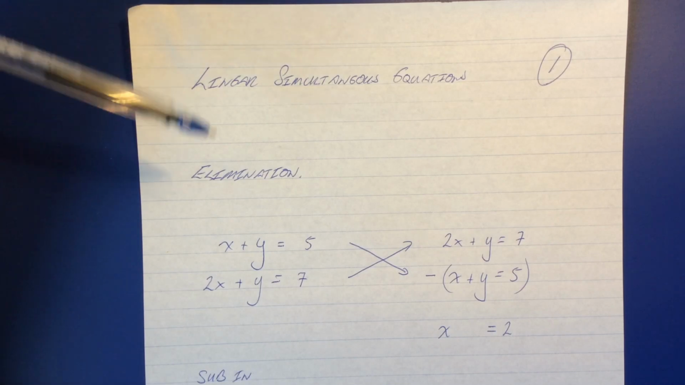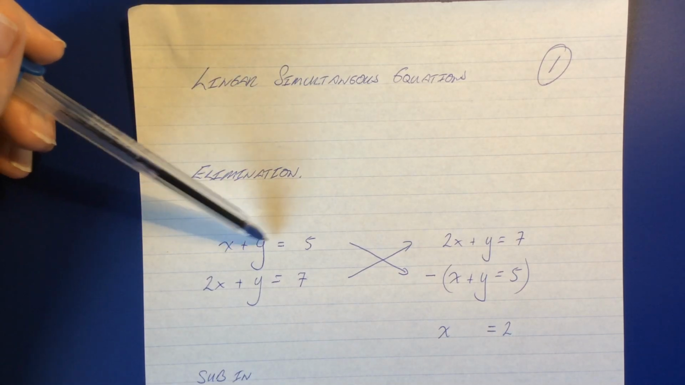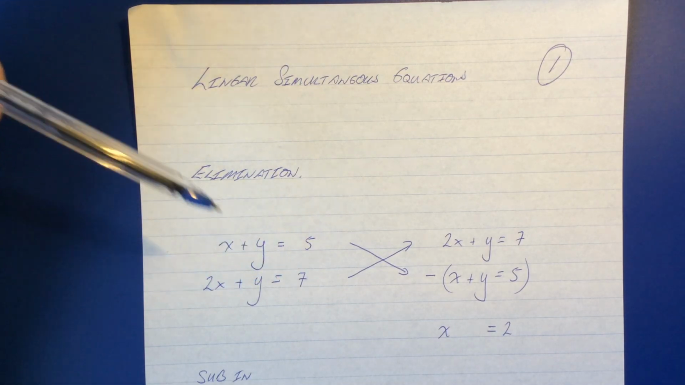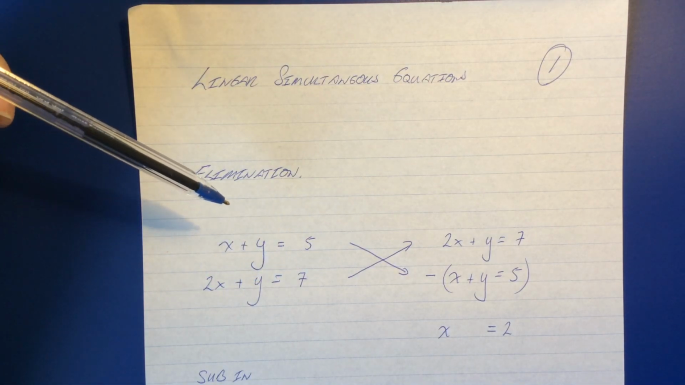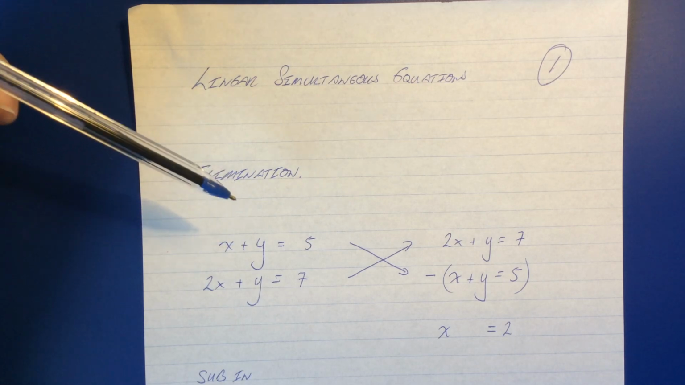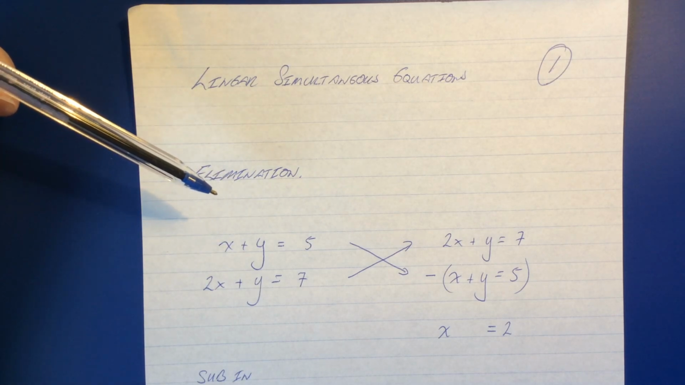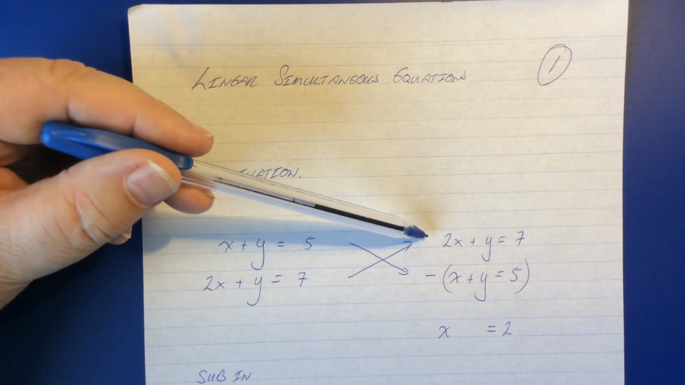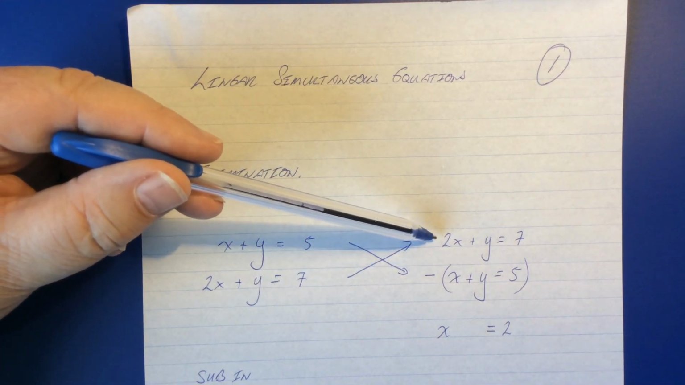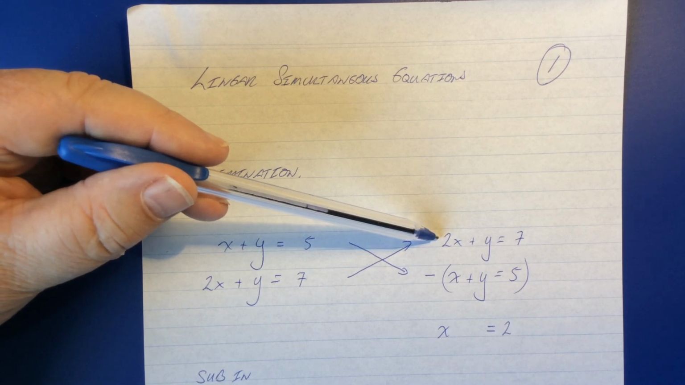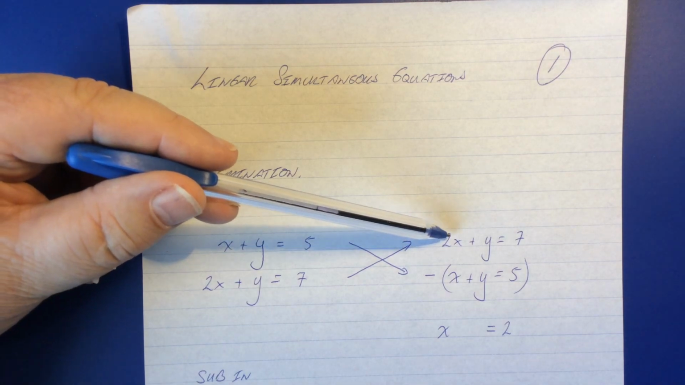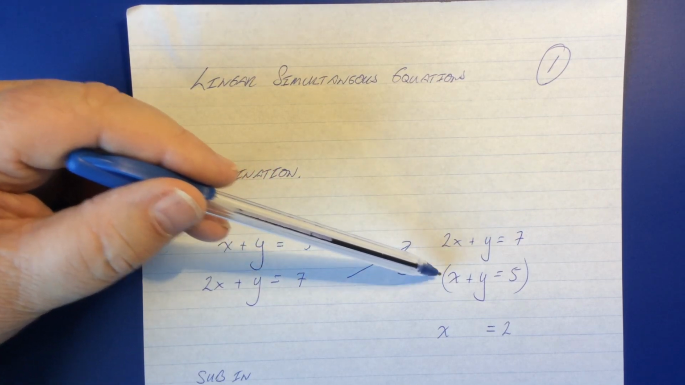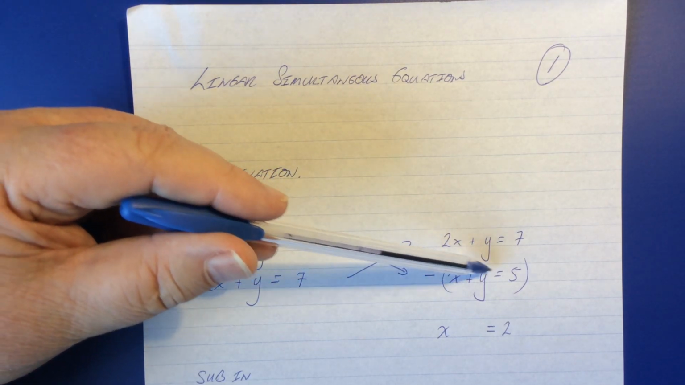So we have two equations, x plus y equals 5 and 2x plus y equals 7. What we're going to do is try and eliminate one of the variables. To do this, we just need to set these up slightly differently. We'll put 2x plus y equals 7 at the top, and from that we will subtract x plus y equals